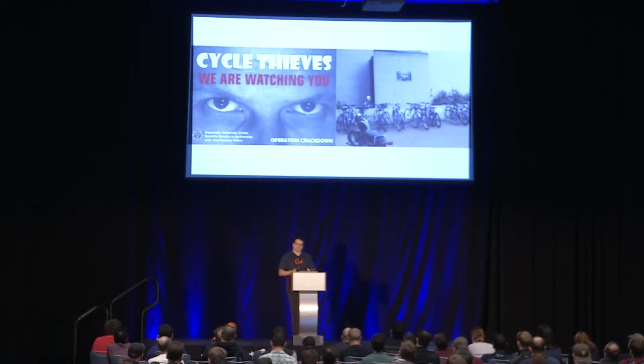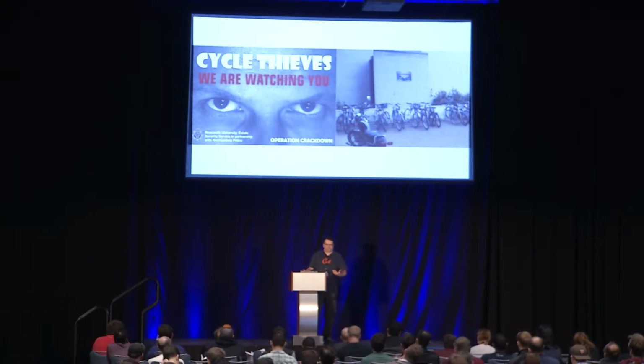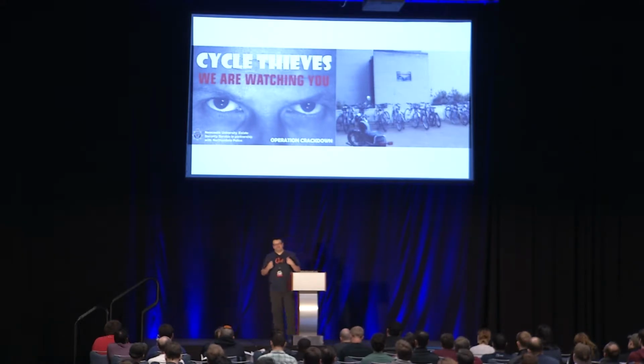But at the locations where the sign was up, there was like a 62% reduction in stolen bicycles, all because of the sign. Now you might say, oh, well, that's because they saw the sign and they realized, oh, if I steal a bicycle, I'll get in trouble. But it doesn't actually work that way. In Dan Ariely's book, he explains the reason people don't steal is not because there's a rule against stealing. They don't give a crap about your rule against stealing. They do not want to think of themselves as people who steal. That is critical to understanding the lesson in the book. And that's also why I think this works.